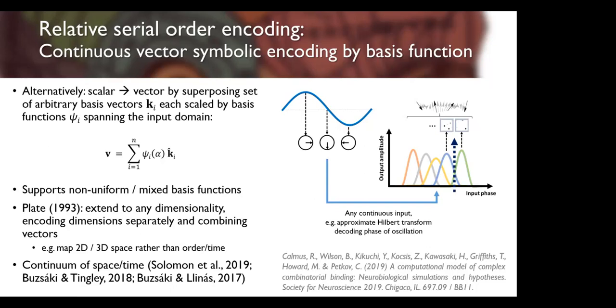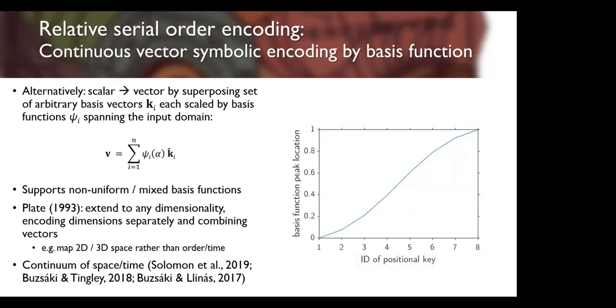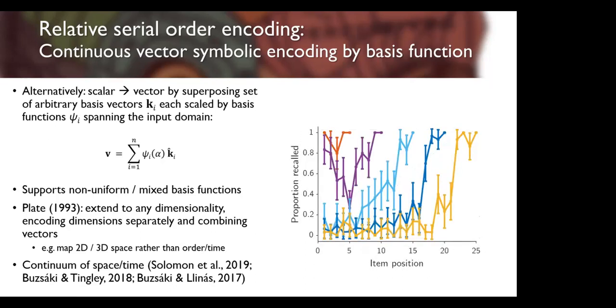It's also thus less assumptive than the previous method in terms of the actual representations that you might expect to see. Shown here, for example, are the input values at which eight Gaussian basis functions peak. If the line were diagonal, the functions would uniformly span the positional space. But here, the sigmoid curve means that the codes non-uniformly span the input domain, so that the positions at the edges of the input domain are better covered than those in the middle. On the right, we can see